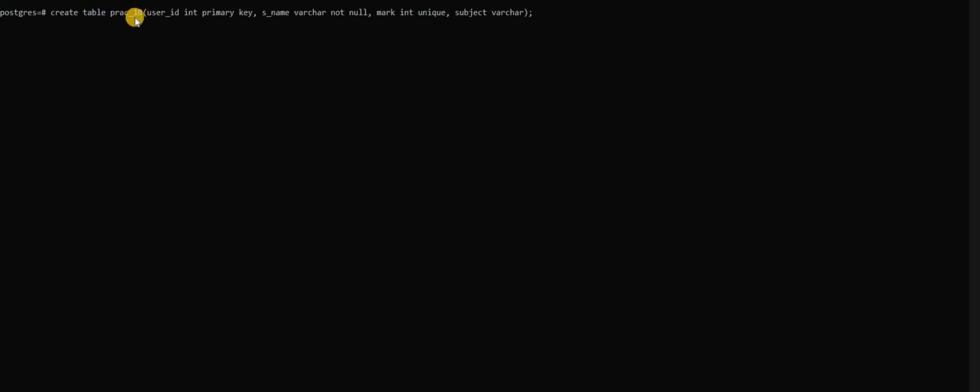The name of my table is prac10, and I give a tuple: the first column is user ID with its data type, then student name, and the marks he obtained in a particular subject. Then I enter. You can see CREATE TABLE, so the table was created successfully.